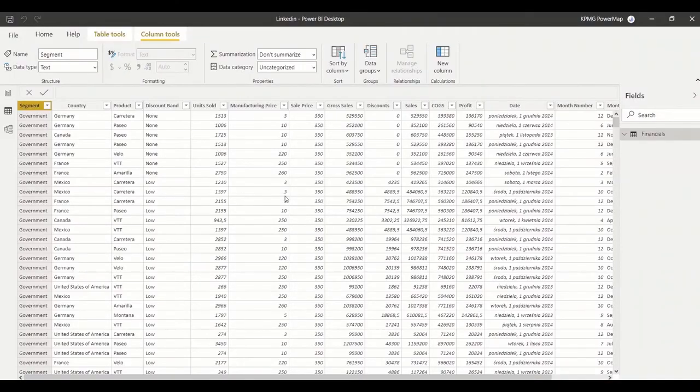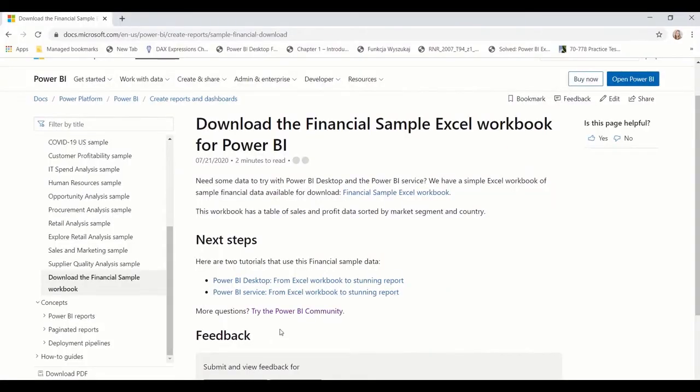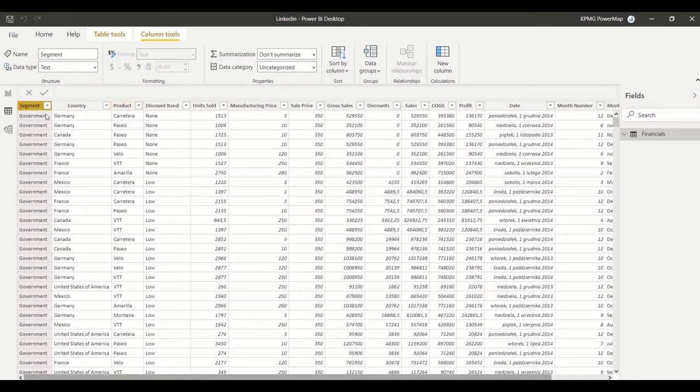Okay, so let's go to the Power BI. Okay, we are in the Power BI. Let's have a quick look at our data. I downloaded the Financial Sample Excel workbook for Power BI from the Microsoft documentation page. Link to this data you can find below the video, or just download the Power BI file which is also linked below. What interests us today the most are the first three columns, the market segment column, country, product, and